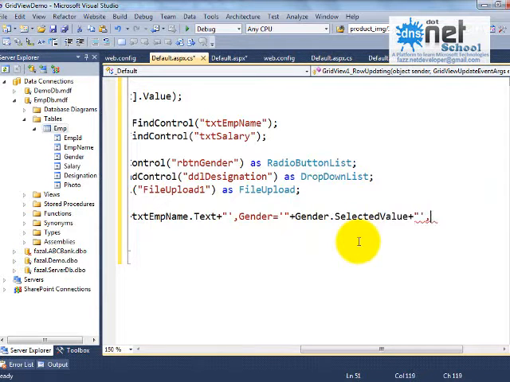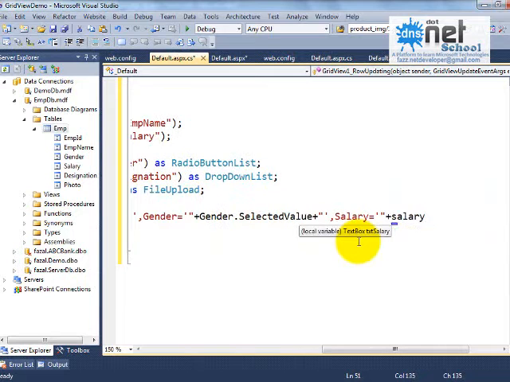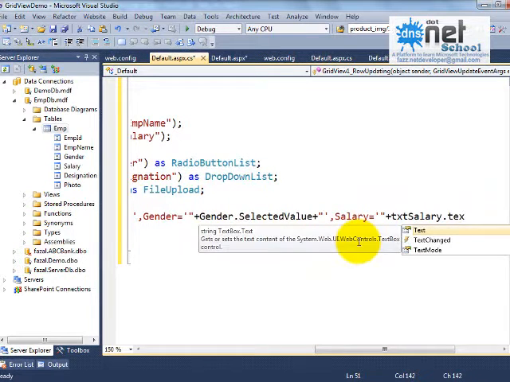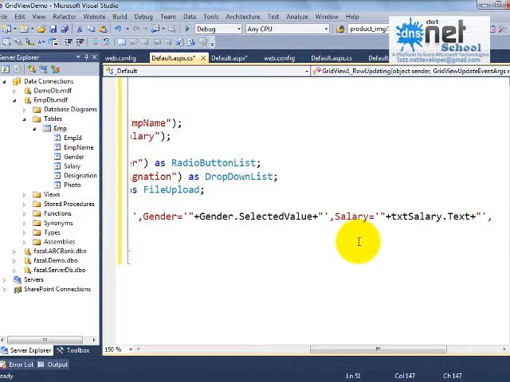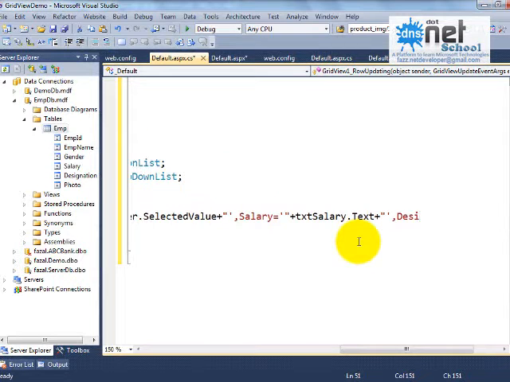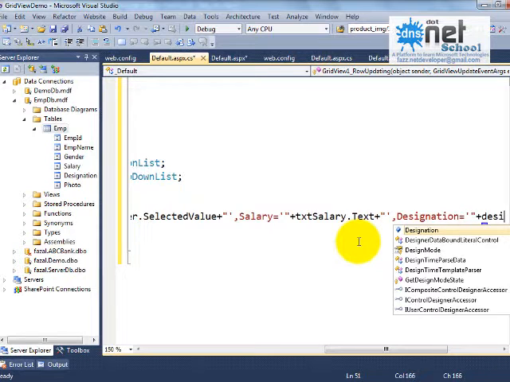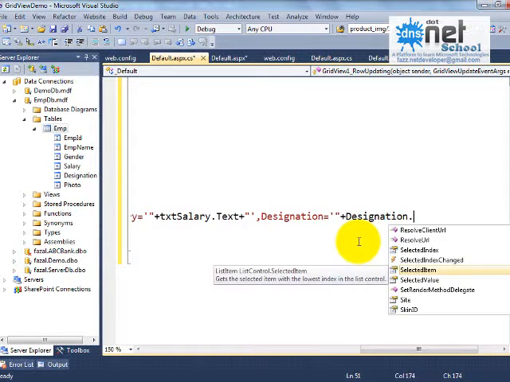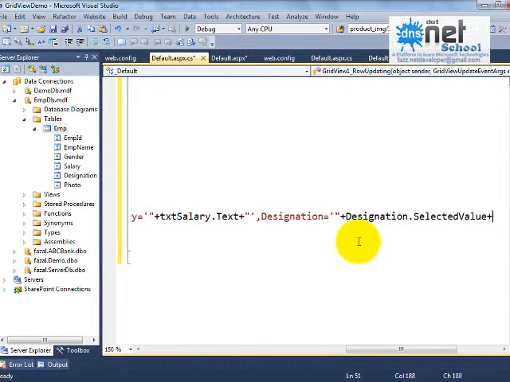Next is salary is equals to single double plus salary.Text plus double single comma. Designation is equals to single double plus designation drop down list dot SelectedValue here also, plus double single.